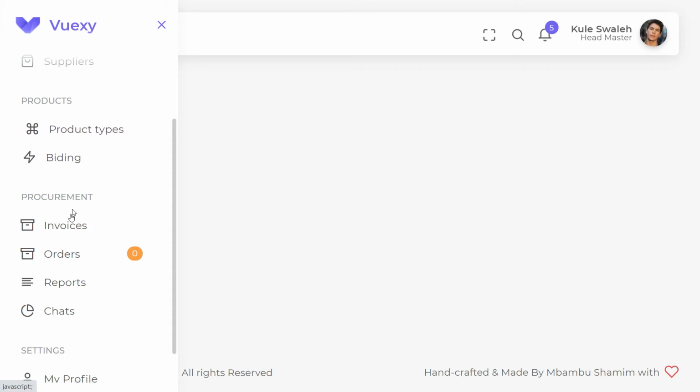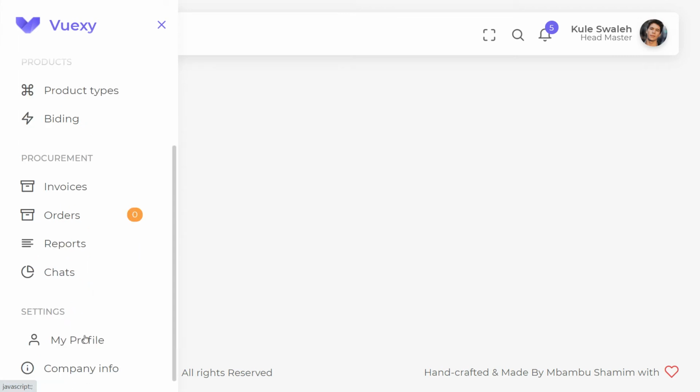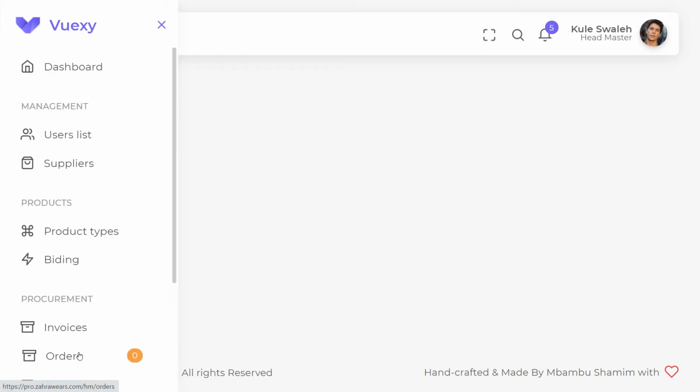So I have the product types, we have the invoices, we have the orders, and we have the reports and the charts. Here the only functioning part is the orders. We'll have the invoices, but the orders is the only functioning part here. And the profile of the person who is logged in, and maybe the company information will also be here. So let us start looking at the